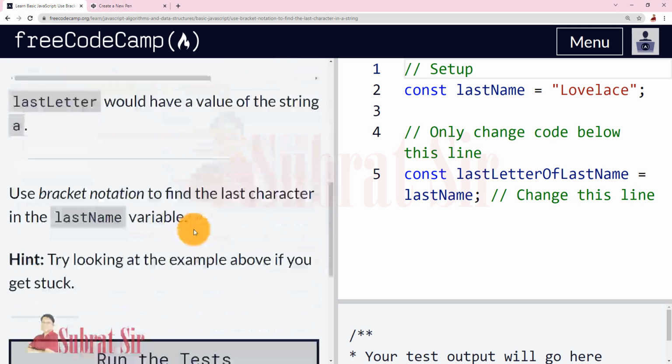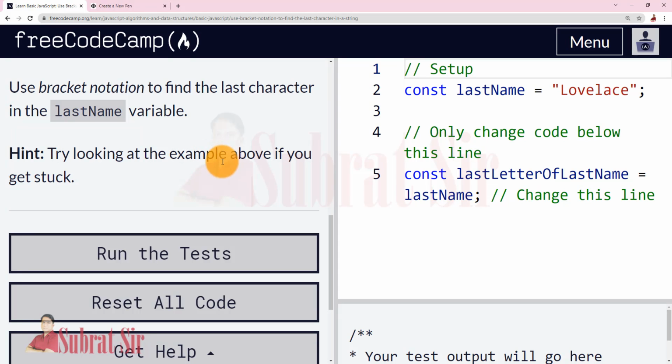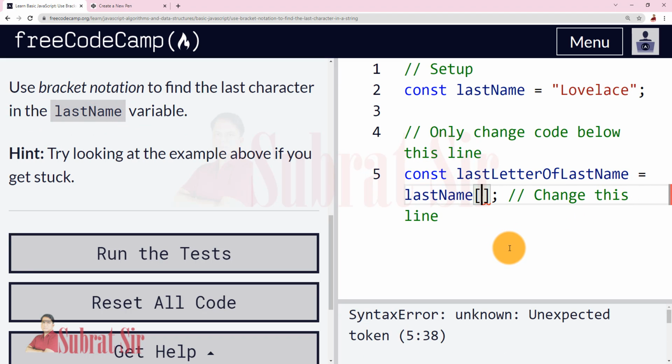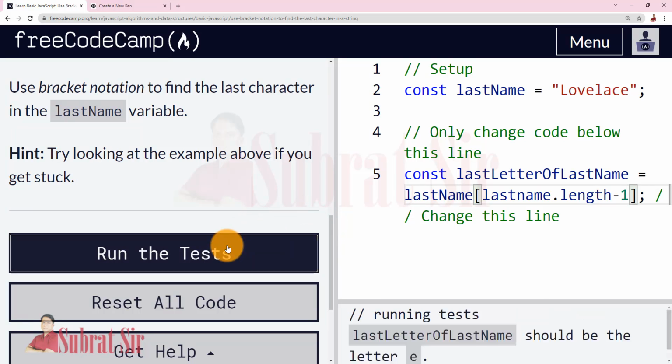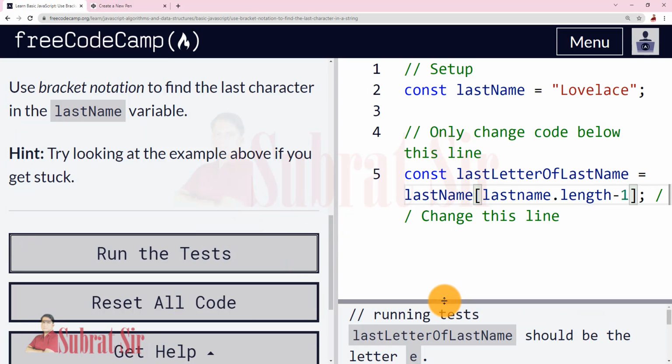Now let us go to the exercise. Use bracket notation to find the last character in the last name variable. So we will write last name and within brackets last name dot length minus 1. Let us run the test. It is showing error.